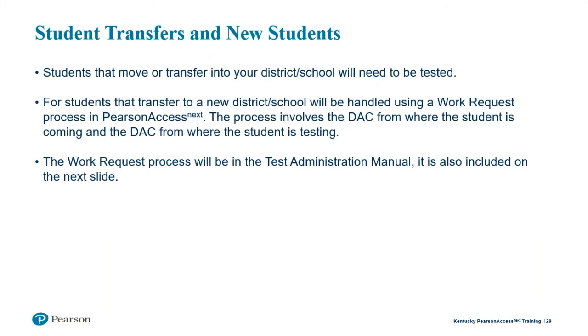Next, we want to talk a little bit about student transfers and new students. We know there's a lot of students that move around within the state and even students that transfer or move into the state. For students that transfer to a new district or school within the state, that process is handled with what we call a work request process in Pearson Access Next.